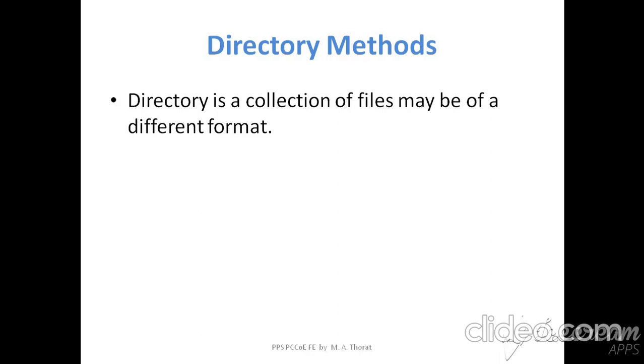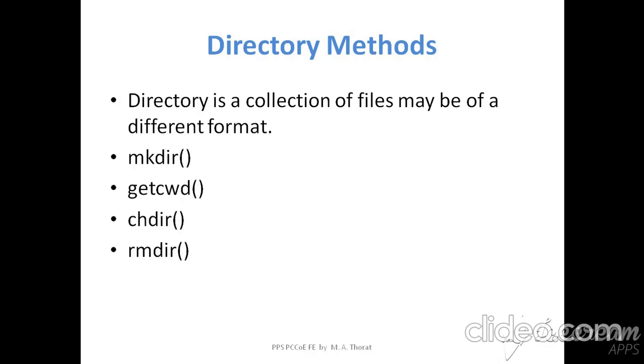Okay, so to perform operations related to a directory, different methods are available. Those methods are mkdir, getcwd, chdir and rmdir. These four methods are used in a directory for operations like creating a directory, deleting, checking the location of a directory, and likewise. We'll see the execution of every method. Before that, we'll discuss what exactly it means and what the syntax of using those directory methods is.